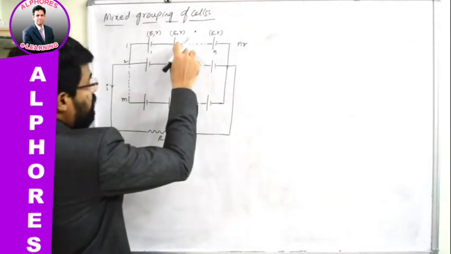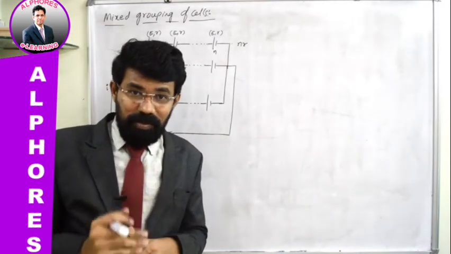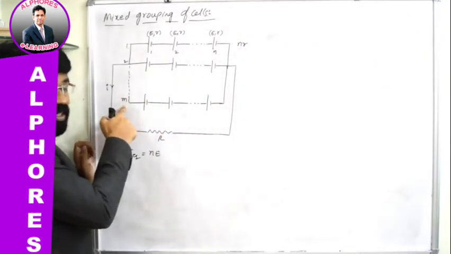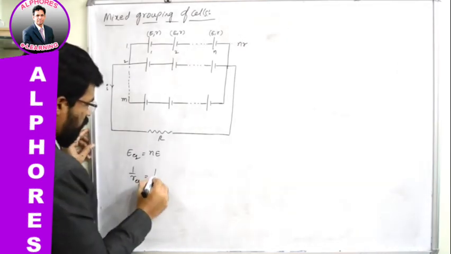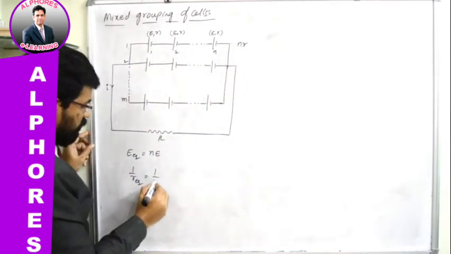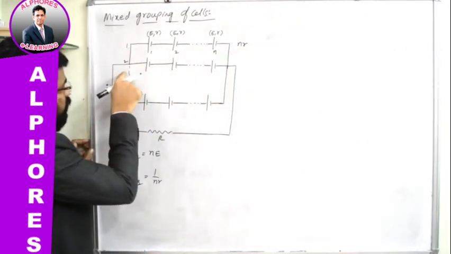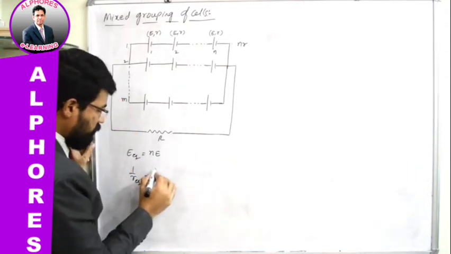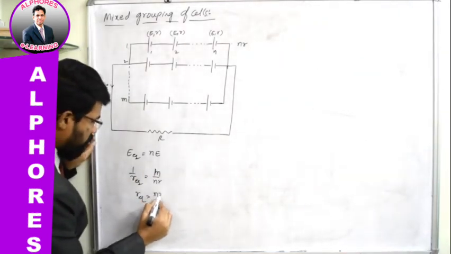If resistors are taken in parallel combination, equivalent resistance is written as 1 by R equivalent is equal to 1 by R1 plus 1 by R2 plus and so on, 1 by Rm. Here how many times it is repeated? M times. So you can write 1 by R equivalent as 1 by, this branch's effective internal resistance, which is NR. How many times do you have to repeat this NR? M times. 1, 2 and so on, M times. So 1 by NR plus 1 by NR plus, like that M times, what will be the final answer? It will be equal to M by NR. Therefore, R equivalent is equal to NR by M.